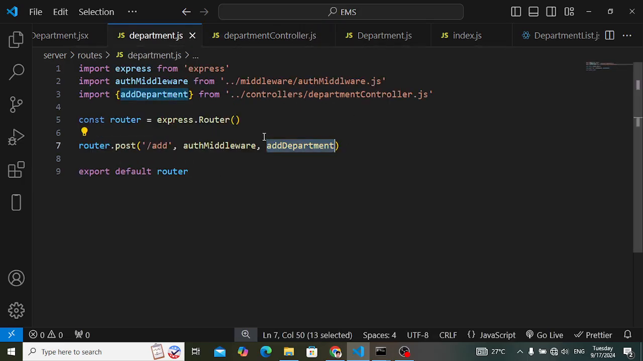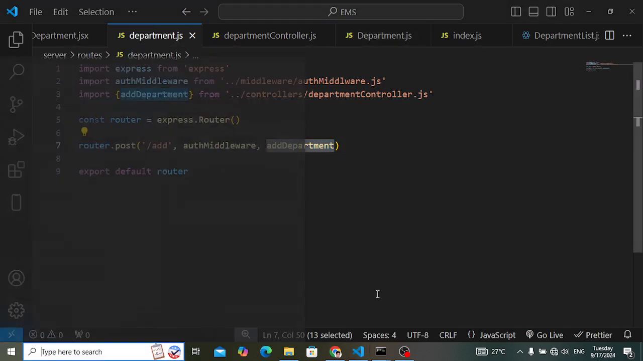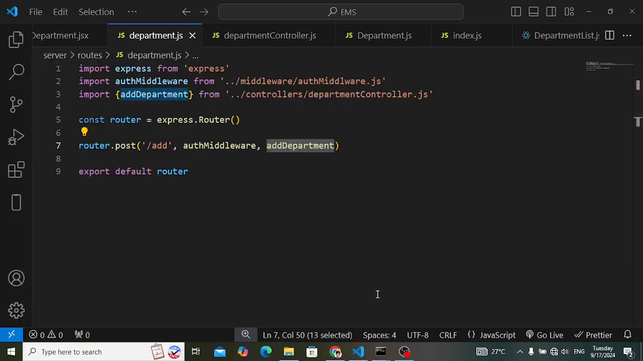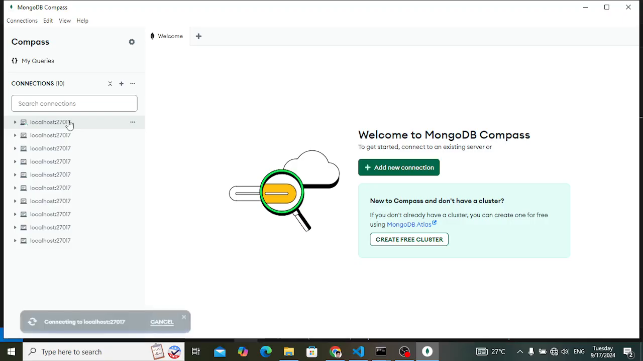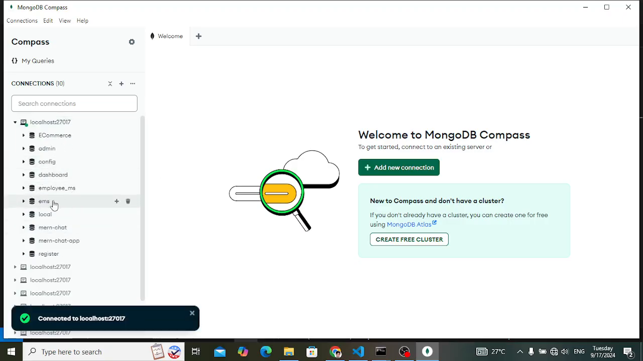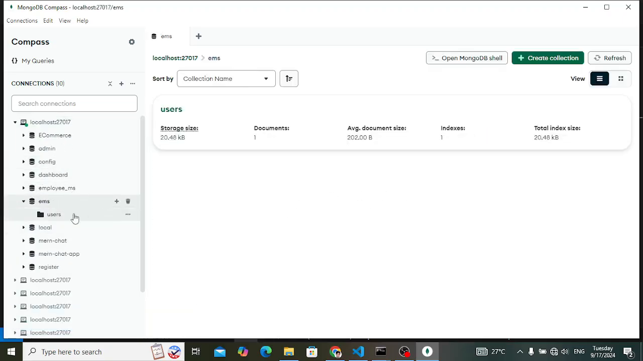Let's check it once again. Yeah, let's try it. Let's also open MongoDB Compass. Let's wait for MongoDB Compass and I will open it. So inside EMS, we don't have the department collection right now, so let's try to create a new